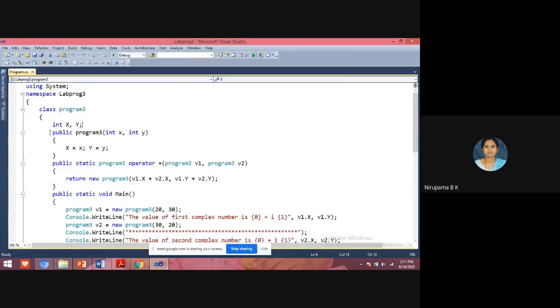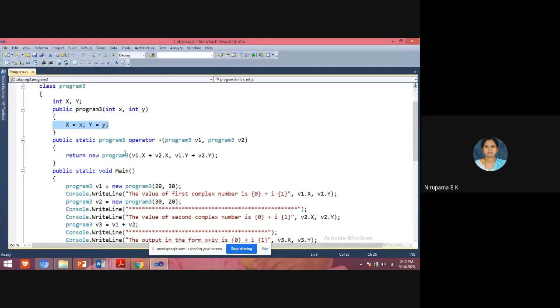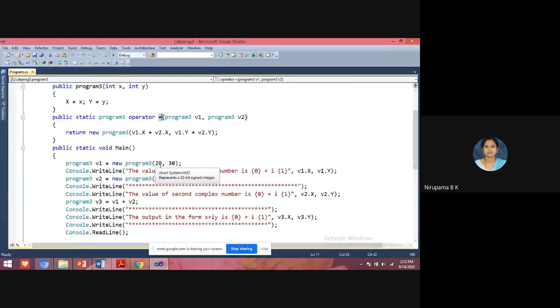See here, in this I am taking two variables x and y. This is the operator overloading method. Which operator am I overloading? The addition operator I am overloading.